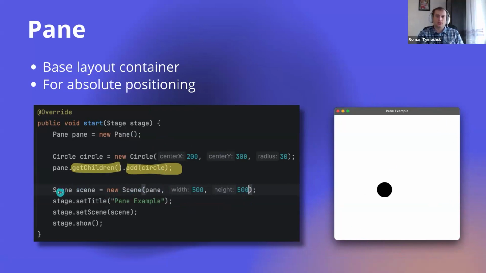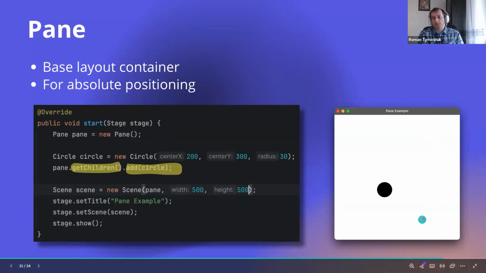So the logic following is the scene. For the scene, we are associating the pane. We are adding the base size, setting the title of this stage object, and showing it. But